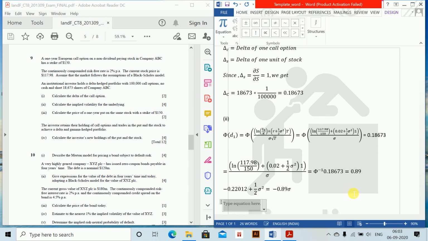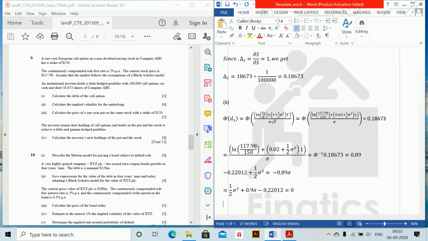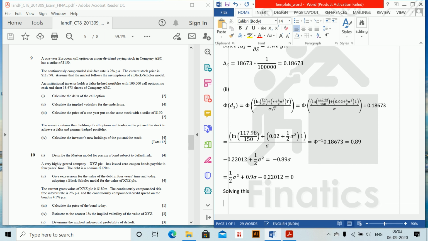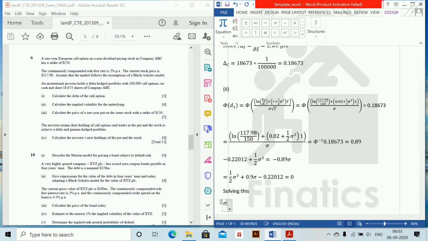So therefore this is half sigma square plus 0.89 sigma minus 0.22012 is equal to 0. Solving this, sigma is given by the quadratic formula,